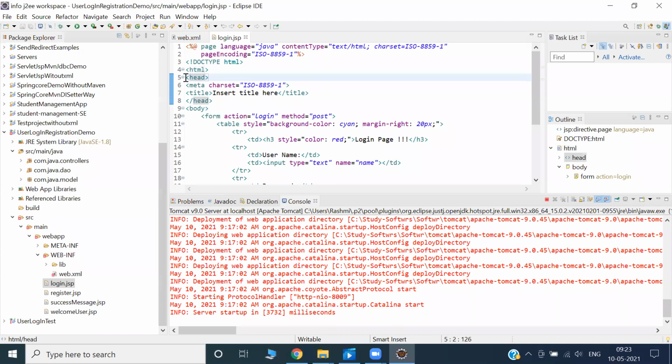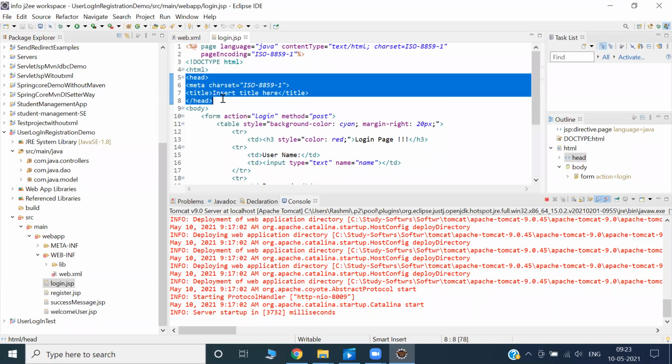Don't worry about the head. You can remove this. You can remove some part of them. Just let me comment this. What is the problem? That is your choice. If I'm removing this,